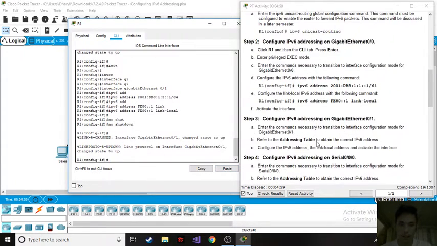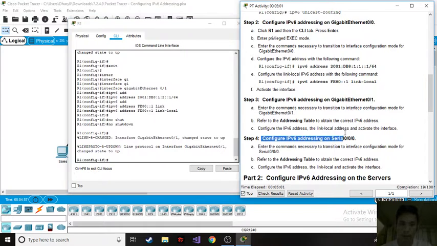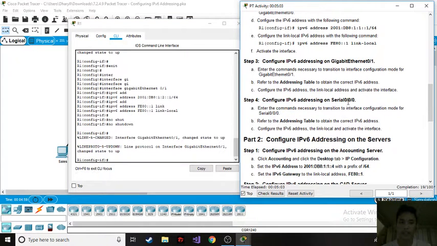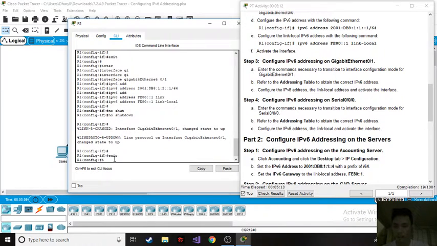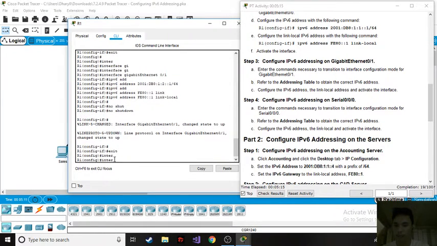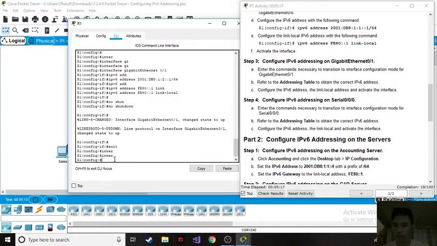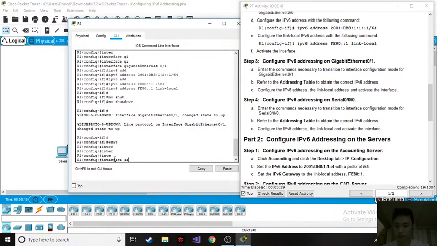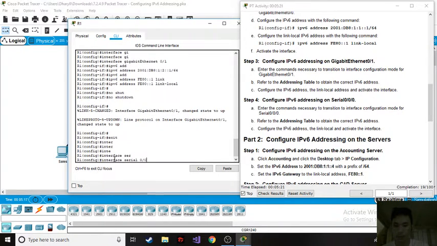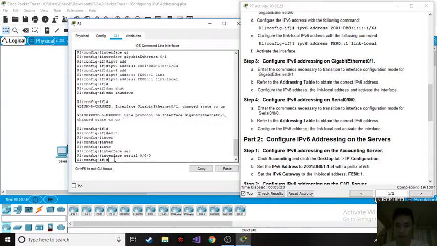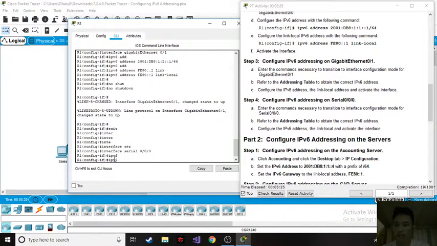So next is to configure IPv6 addressing on serial 0/0/0. So here are the steps. So enter in the commands. Let's just do this. Interface serial 0/0/0, and then the IPv6 address,